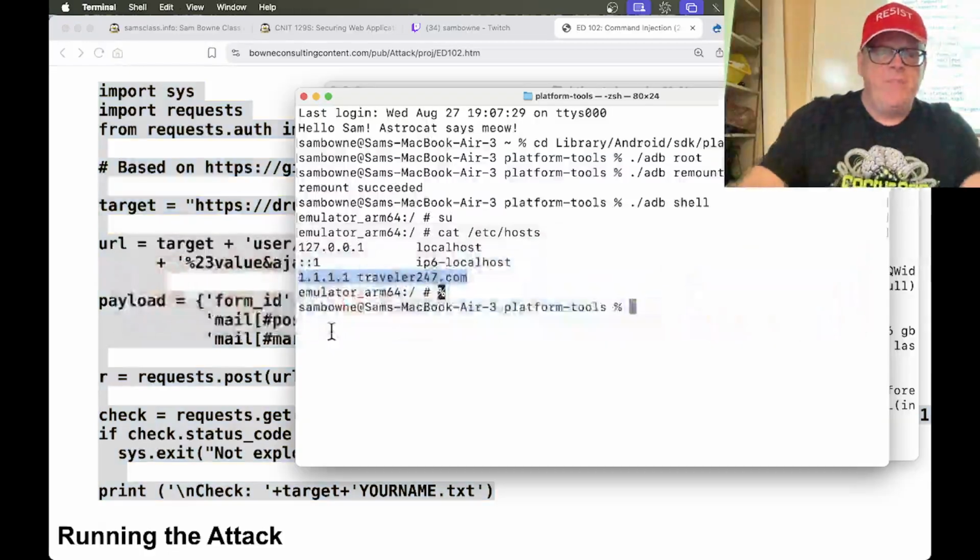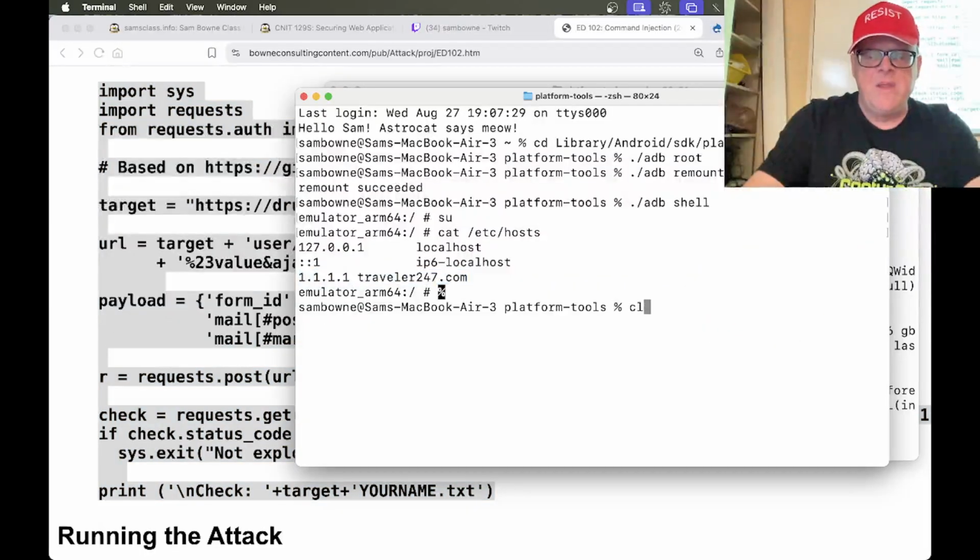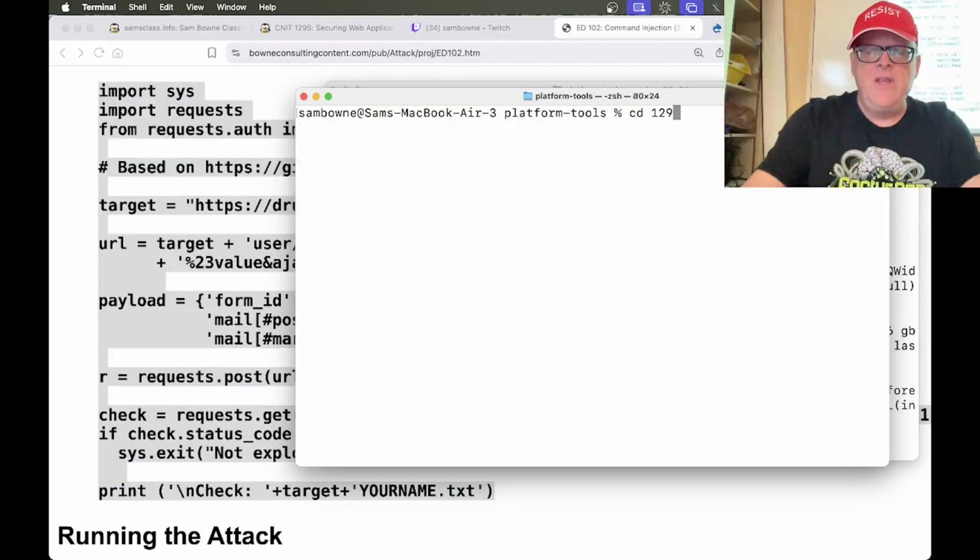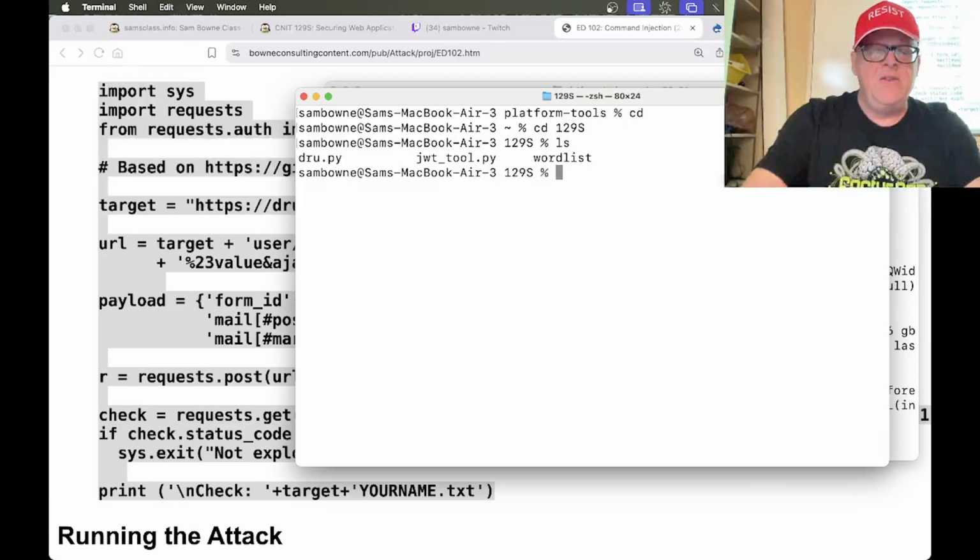So let me just go here. Let's clear and see if I have a directory for this. Nope, I'll make one then. Oh, I got to go home. Okay. Yeah, then ls. Yeah, there's drew.py. I'm going to make a new one. Nano